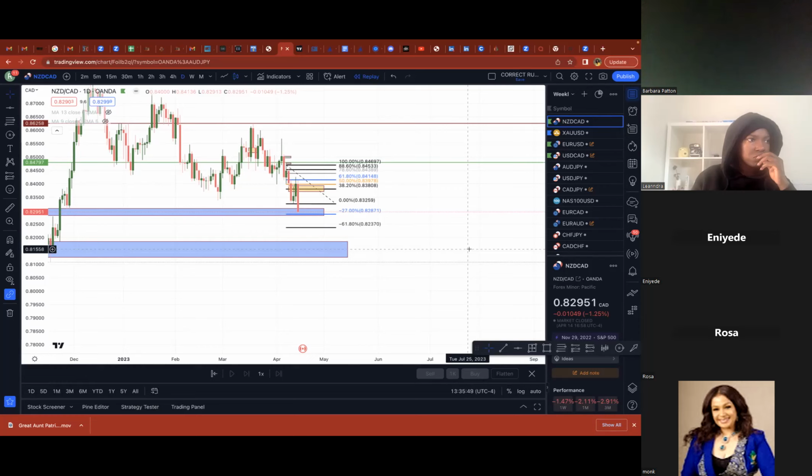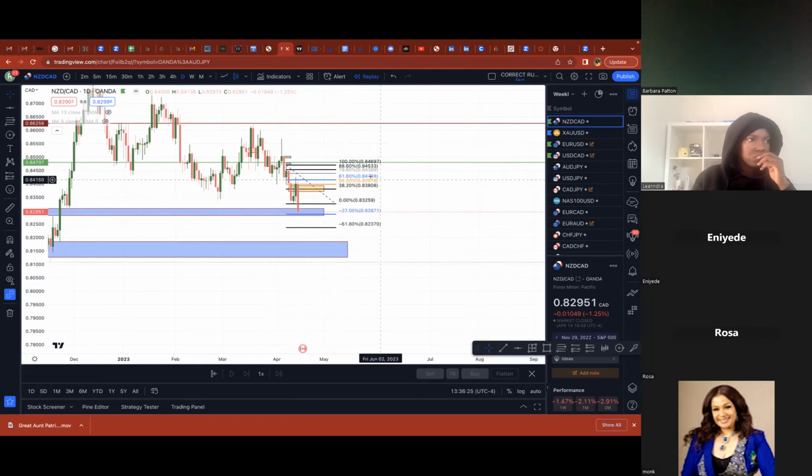I don't think it's confusing. I think it just adds confluence to what we've been doing. Exactly, that's what I said. It's nothing different. It's just confluence and a different way to look at it. And y'all see this huge daily bearish candle showing you price wants to continue down. Why wouldn't you look for a sell?